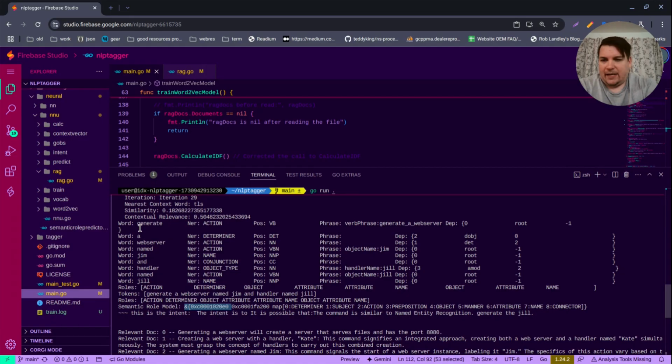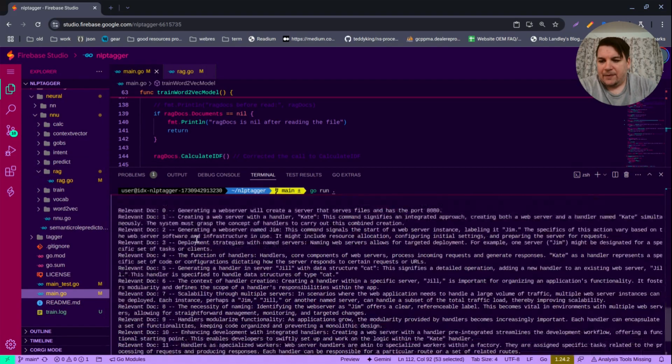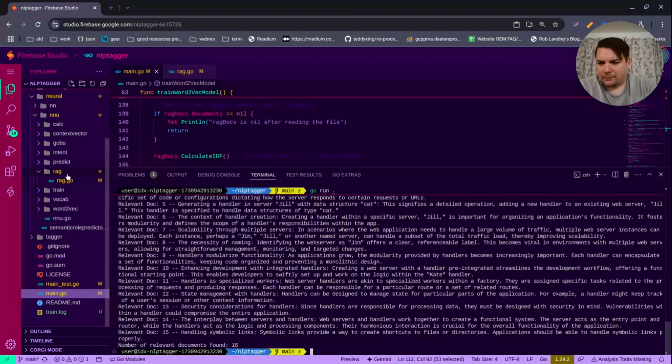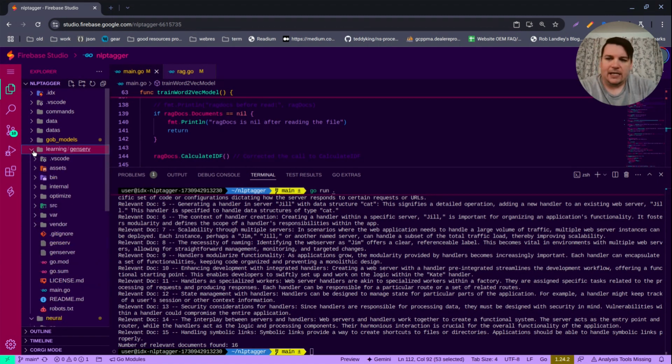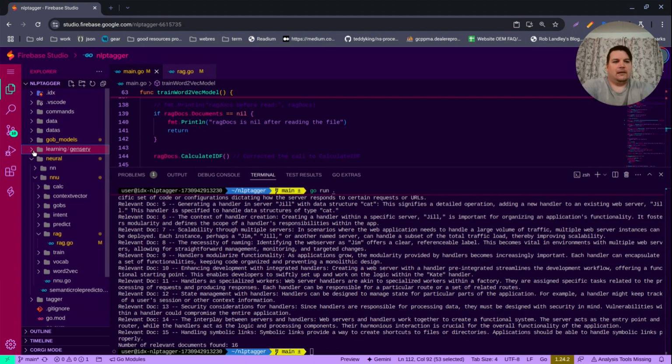So yeah, I still need to create the GOB file model for RAG, but whatever. That's pretty much what I've been working on. And this part of it, this learning, was actually the gen server that normally would be generated inside one of my other projects, but I was going to have the relevant document